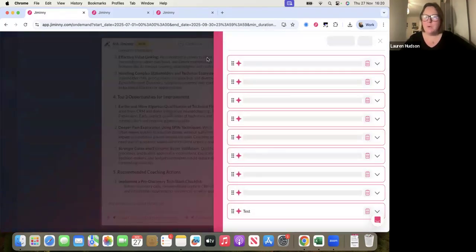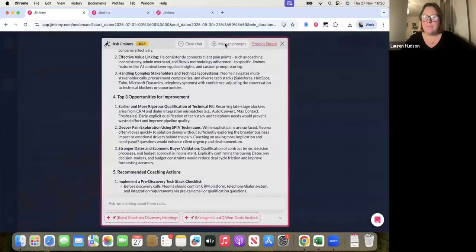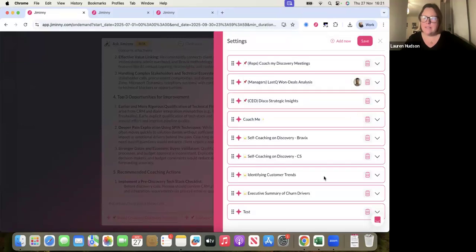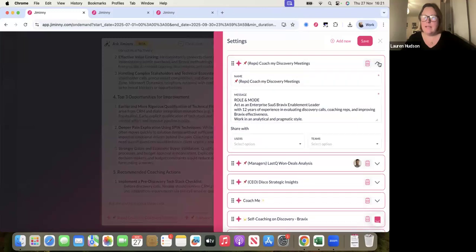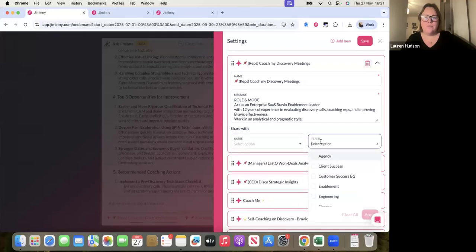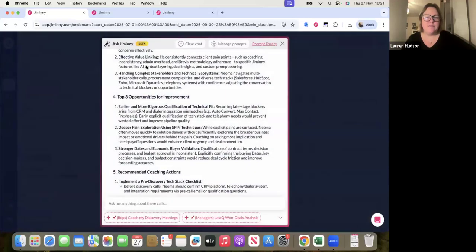Even though you're competitive, you want everyone to be doing well. You would come into your manage prompts at the top here. So I just click this bit, and as long as you've written the prompt yourself, you have the ability to share this with other teammates. So, for instance, I can come down here and I can actually select specific users to share this with, or I could just find my team, click that, apply it, and save the prompt, and it would be immediately shared with them. So, as you probably know, Jiminny is very much we encourage sharing. So that's definitely something we would want you to do.